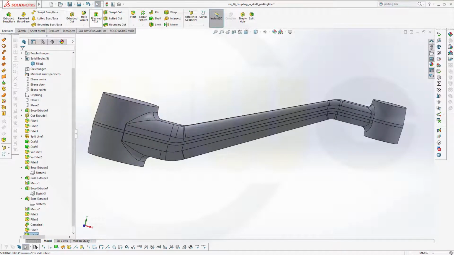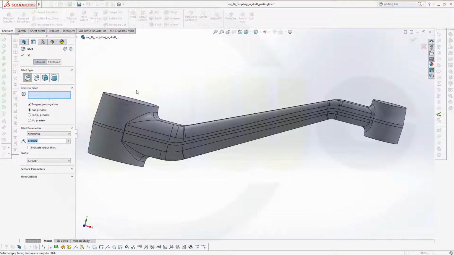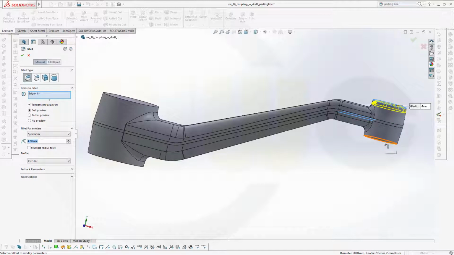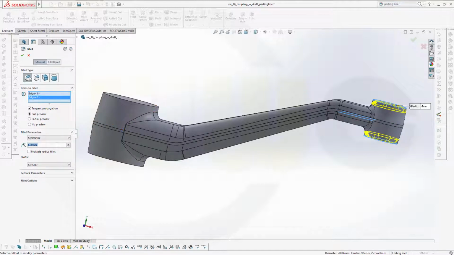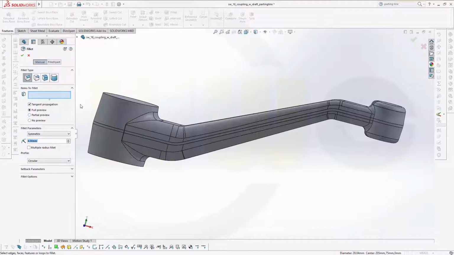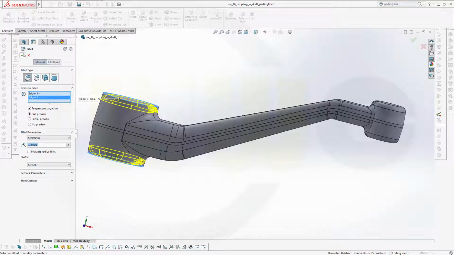Now I can do another one on that edge. That would be 4, for not the face but the edge. Confirm, and another fillet 6 mm right here, right there. Okay,